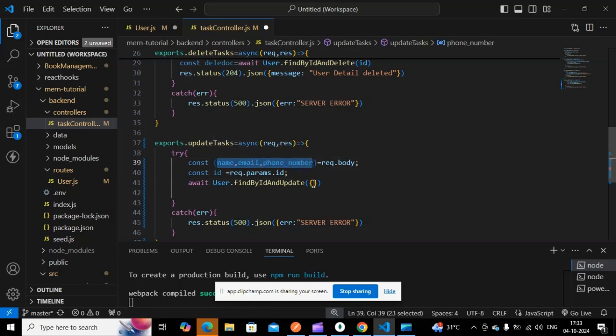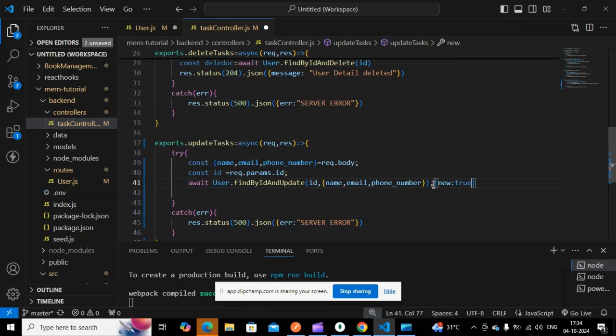I have to copy this. So in the database I have to find that id and update this field. And also I have to pass the id of that particular field here. So id, and also have to give new: true, because I'm updating something that has to save, that is new.